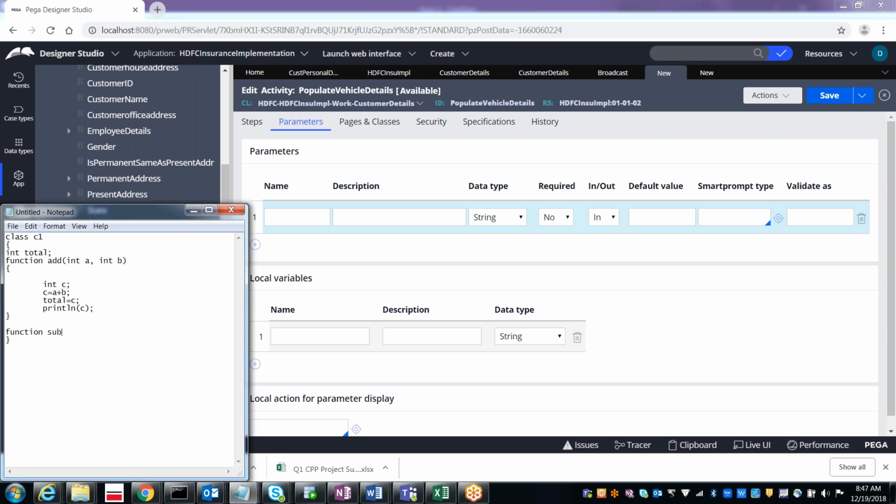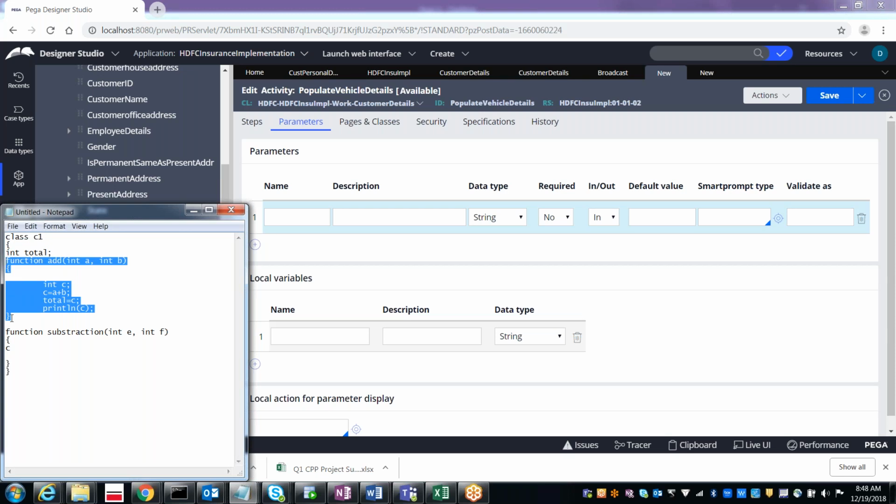function, subtraction, with two parameters, in this function can I access c? No, exactly. Why? Because c is part of the add method, so the context of c is only up to this part.